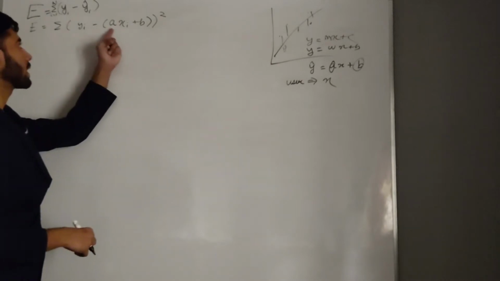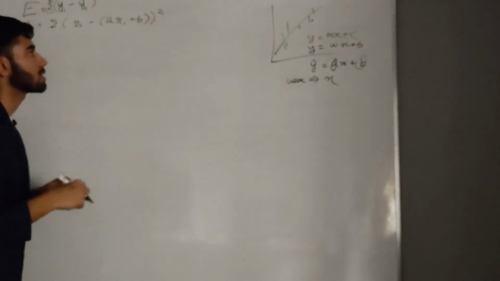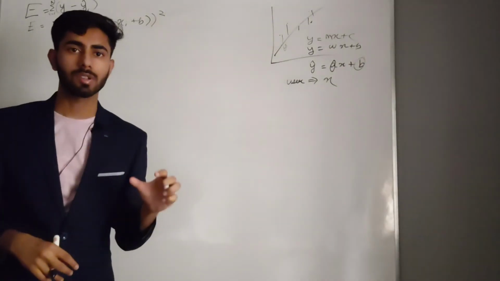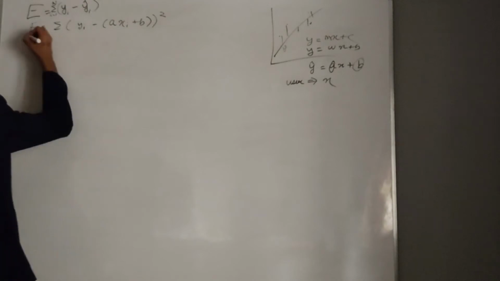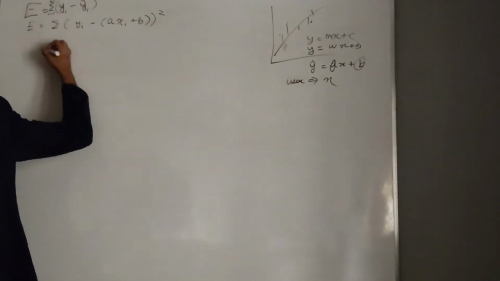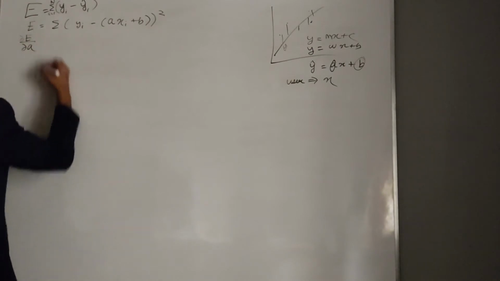So basically we have to find a as well as b. We have a linear equation in two variables. This means that I have to find two equations, and from those two equations I will get the values of a and b. First of all, I'm using the concept of maxima and minima. First I'm going to differentiate this equation with respect to a.